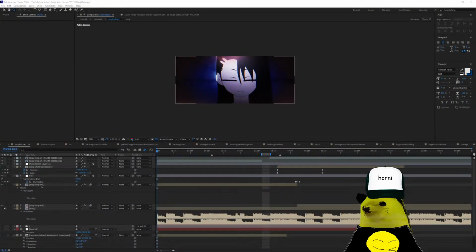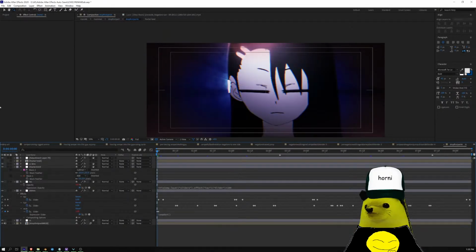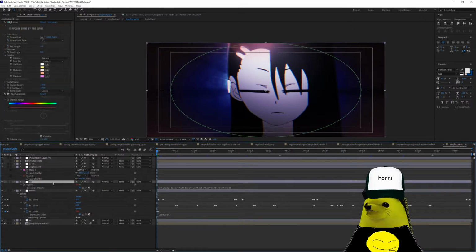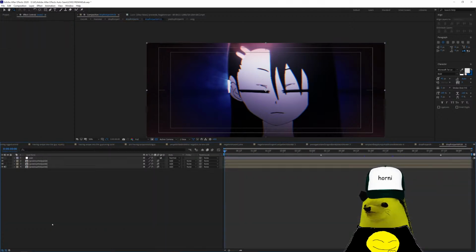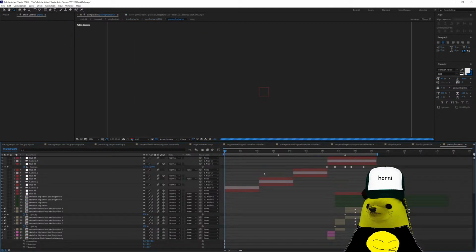Okay, let's go to the drop part. This part is what I made some on the stream. I'll explain the sliders in a moment, because this part is the one that uses more sliders and controls for the effects, especially the second part of this part. But let me just show you